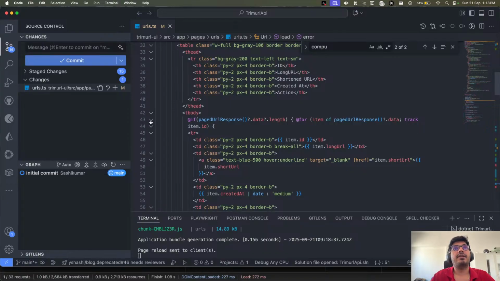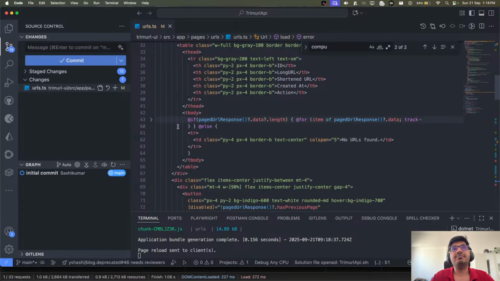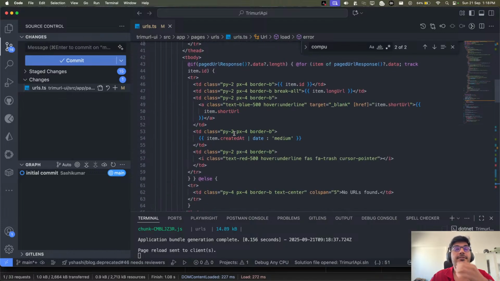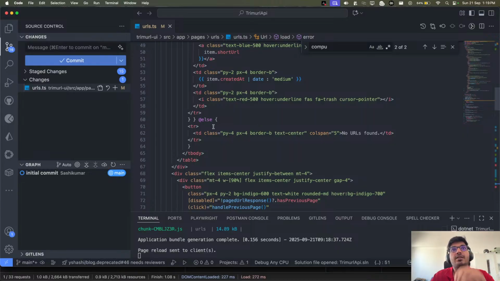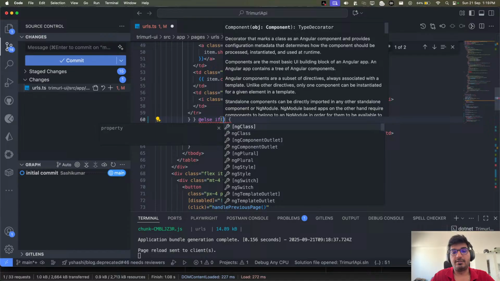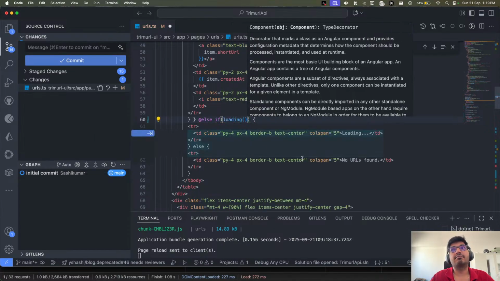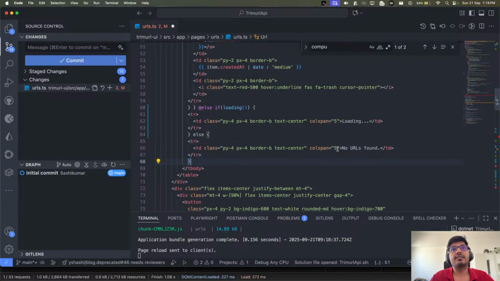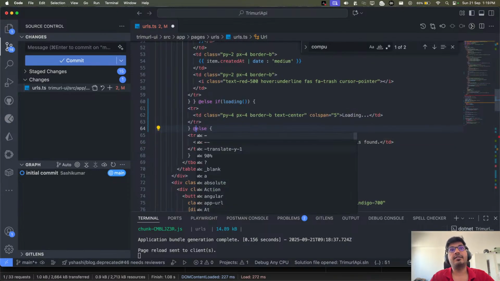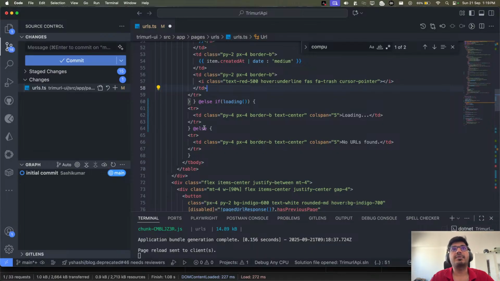So now if you remember, we had this if else condition, and that was added here. So here first we check if we have any data, if the length is there, then only we show this. Or else, we can add here loading. If there is any loading, we can add a loading state, or else we can add an error state, like nothing got found or no URL found.